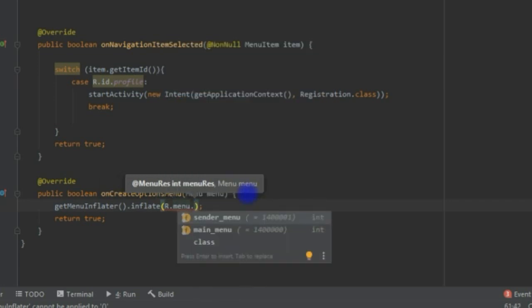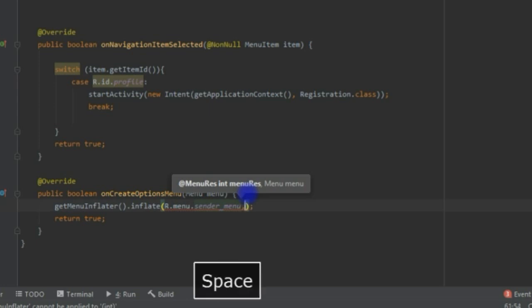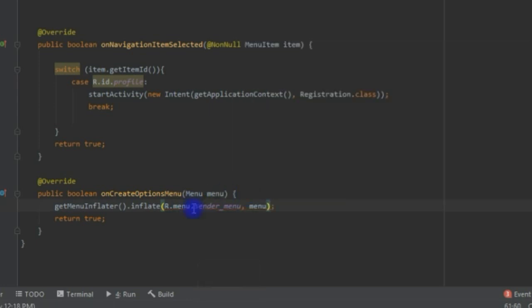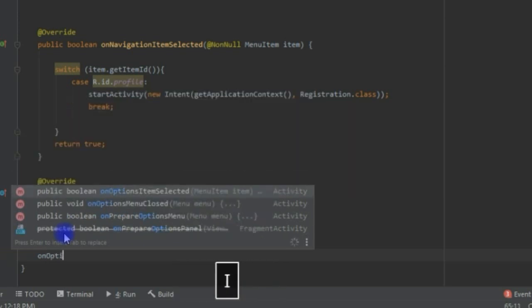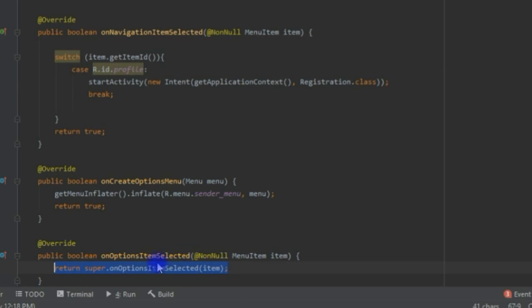I didn't create the three dots menu, so I'll just use the same, then I'll say comma menu. Okay, so at the bottom of this we want to create an option, so I say on option,